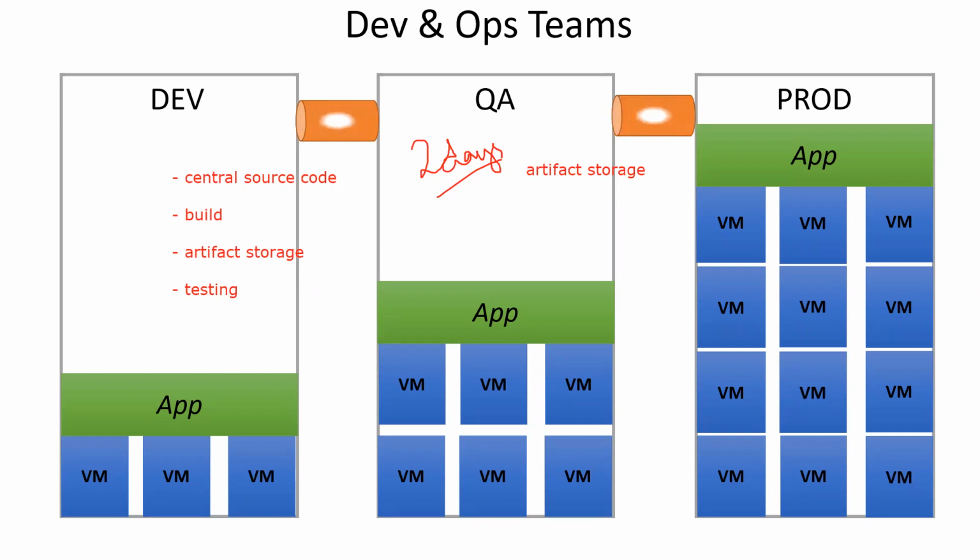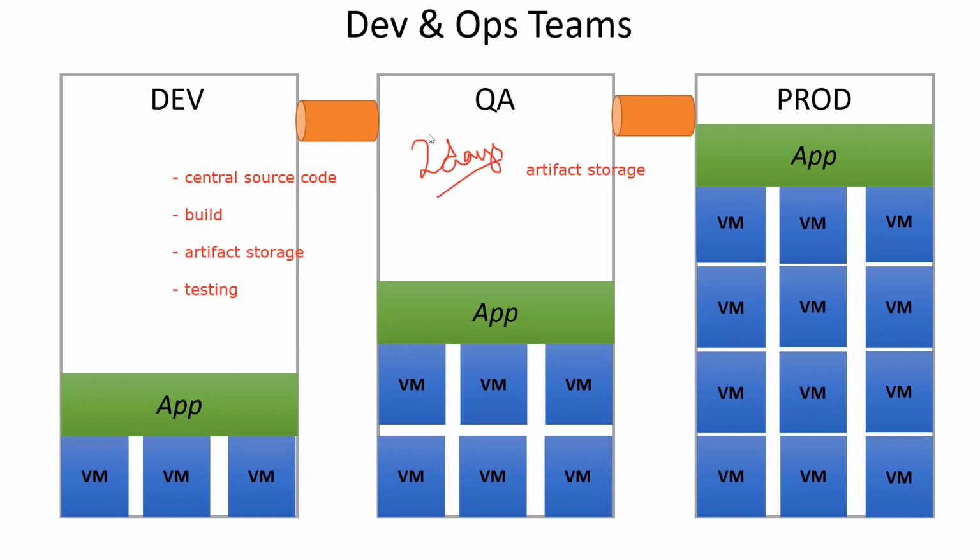Participants, that's where pipelines come in, which can connect these environments. So now I start connecting them via pipelines. Because of these pipelines, it becomes easier for me to manage my environments, because I just need to move the code from one place to another. Another thing is that every team will have visibility into the next team. The ops team will be able to see what the dev team is doing, and the dev team will be able to see what the ops team is doing. Everyone, are you with me, people? Hello? Yes, yes.